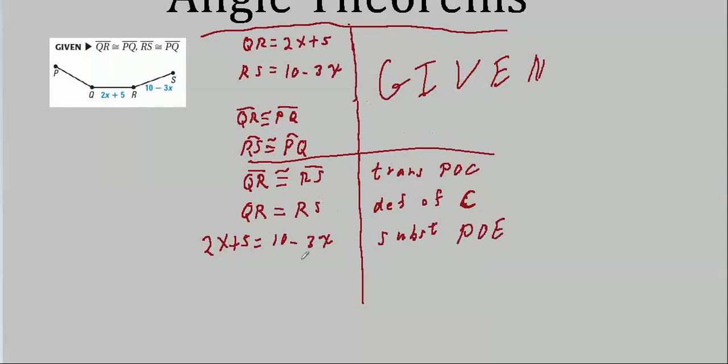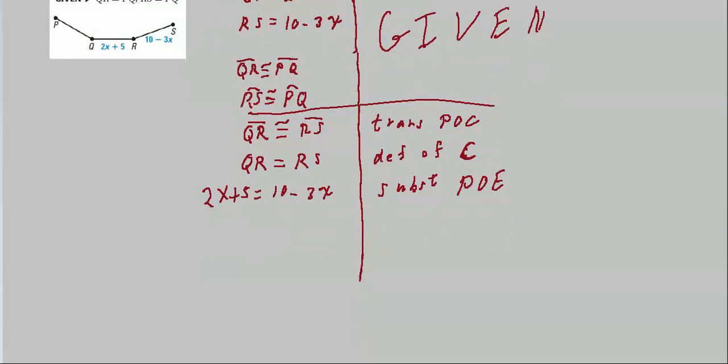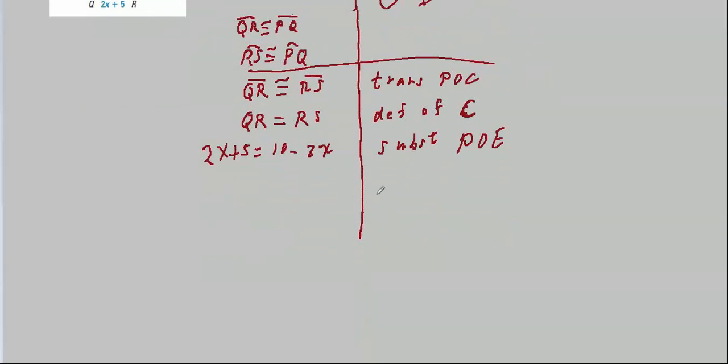Question is, can we do two things and just cite the law of substitution? Pardon me, the law of addition? Most of the time we could, but since we're just learning this, we're going to go ahead and write it all out one step at a time. And first step would be, I would say, add 3x to each side and get